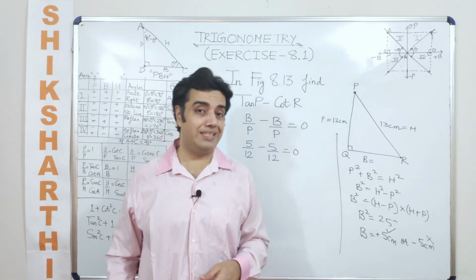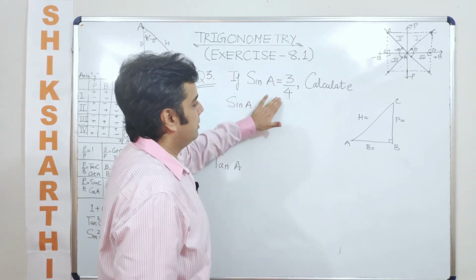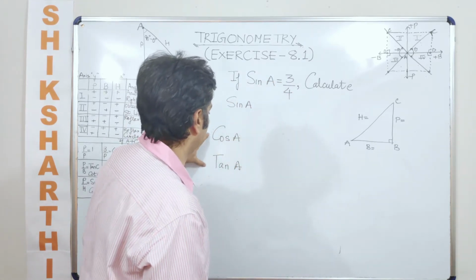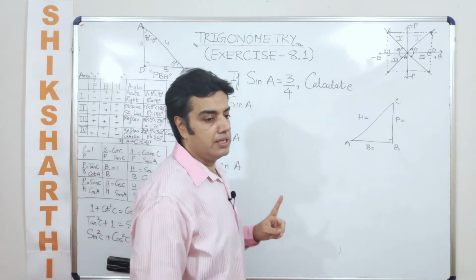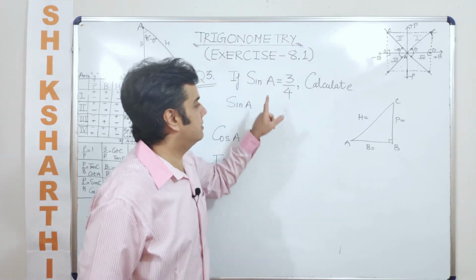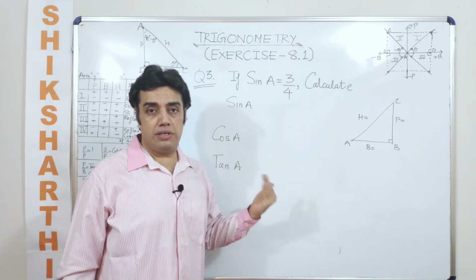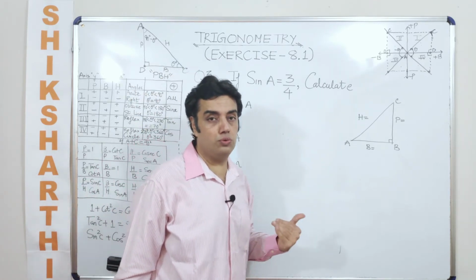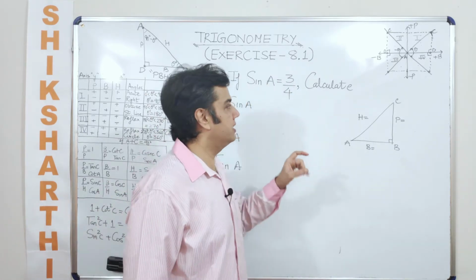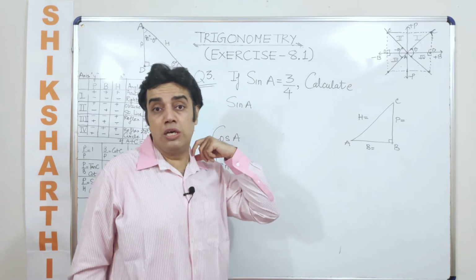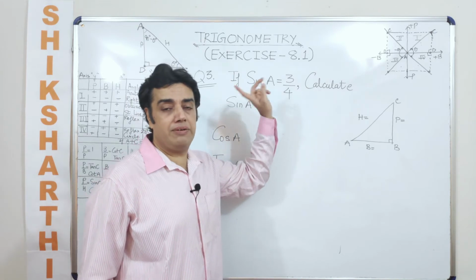Okay, so let's move on to question number 3. Question number 3 basically says, if sine A is equal to 3 by 4, then calculate the value of these two trigonometric ratios, which is cos A and tan A. Now, in the very beginning, you need to identify: is this question the same as the question that you did earlier, let's say question 1 and question 2? No, they are different. Why were they different? Because there they had given you the absolute values. Here they have just given you a trigonometric ratio. So this question becomes different, and maybe you can relate this with example 1 that we have already done in one of our videos.